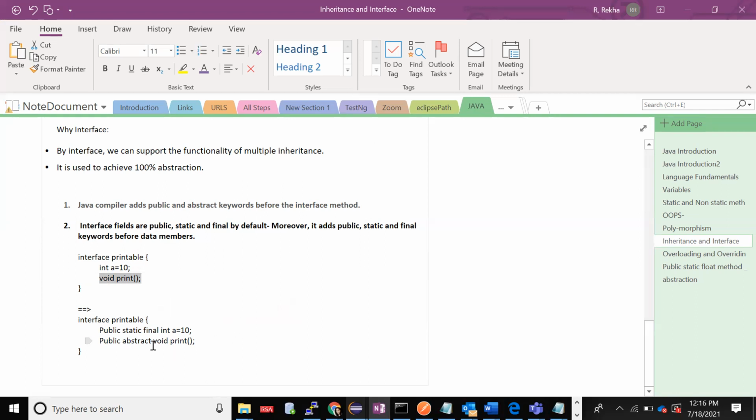If you're just writing void print, the compiler will add public abstract void print. If you add them it's fine, and if you don't, the compiler adds public static final for variables and public abstract for methods.